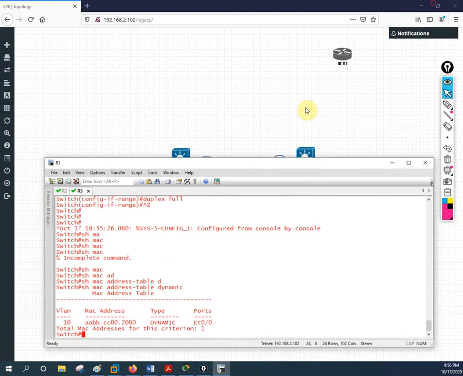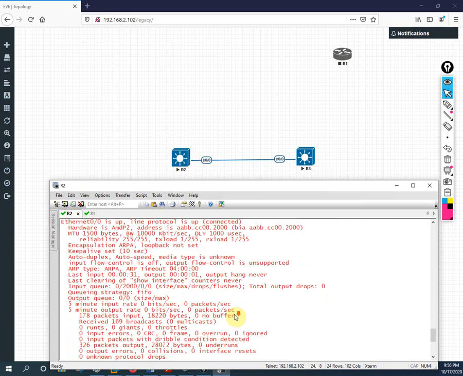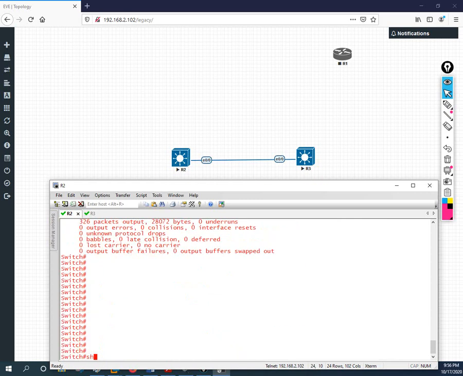If you see here, let me show you. This port we are talking about is R3 here. So this port has detected the MAC address of this switch. So this port's MAC address we get here. Okay, so if we go here, let me write show